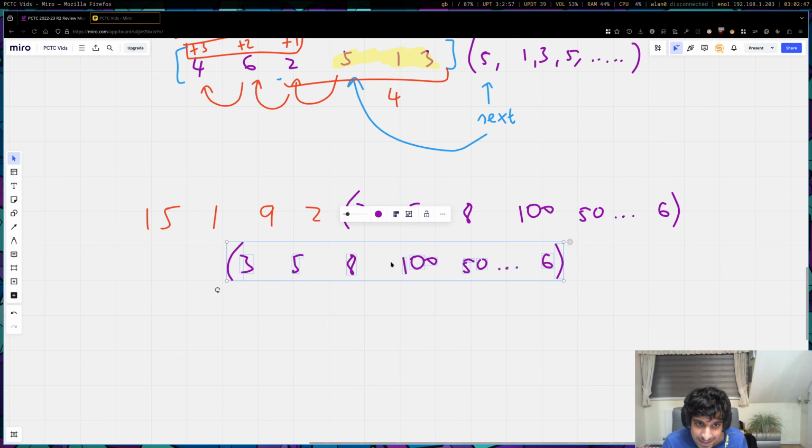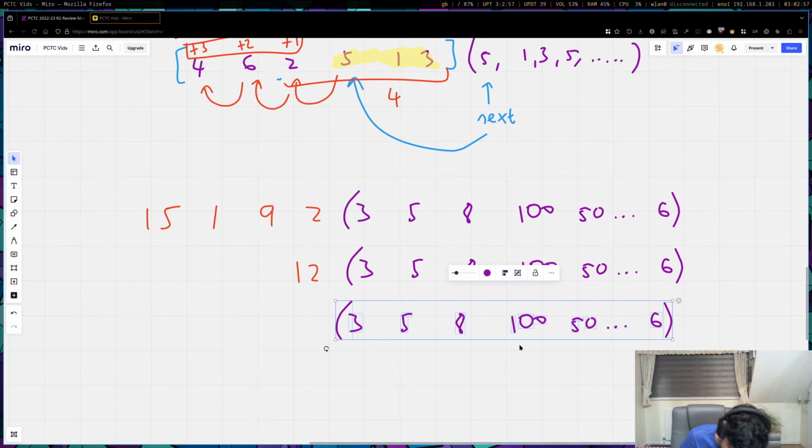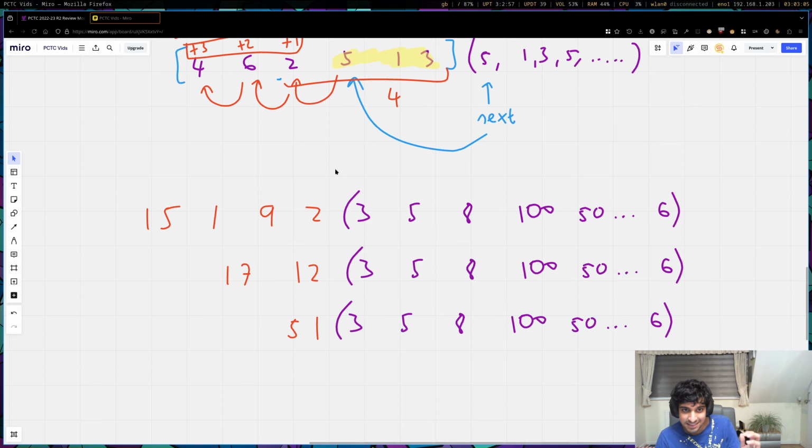Because let's make this even clearer. Let's say this is our loop. There are so many different ways of getting to our loop. For example, let's say 51. So let's say this is our loop, right? And there are 3 different ways to get to the loop. For example, let's say there's this way, there's this way, and there's this way. And that means that